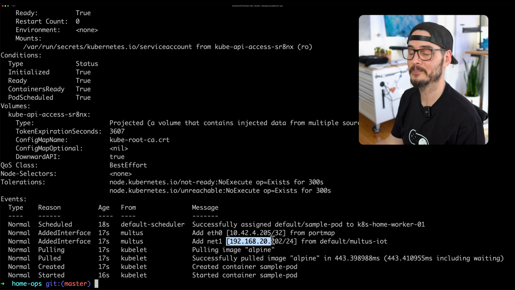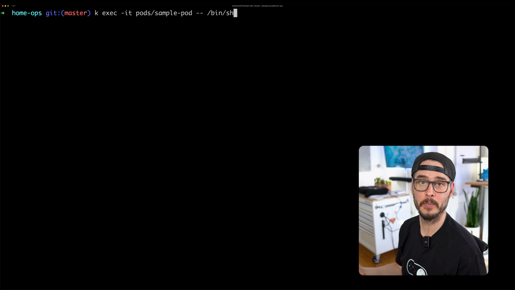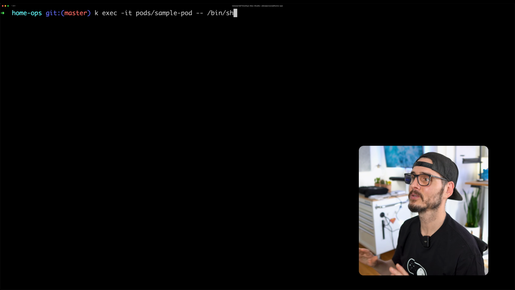So pretty awesome. But in case we don't trust what that description said, let's actually exec or shell into this pod, and let's go inside the pod and kind of inspect our environment. So how do we do that? Well, we do a kube control or a K or kubectl, however you want to say it. I've always said kube control. The kube control